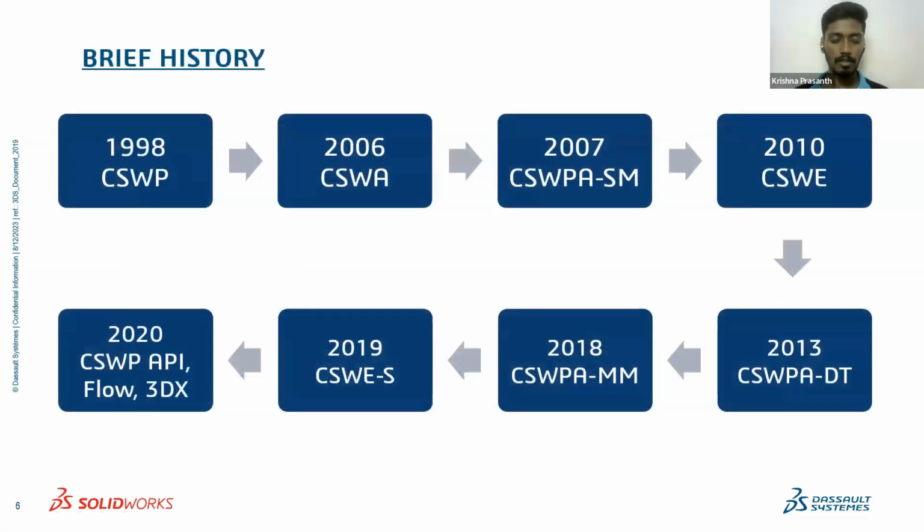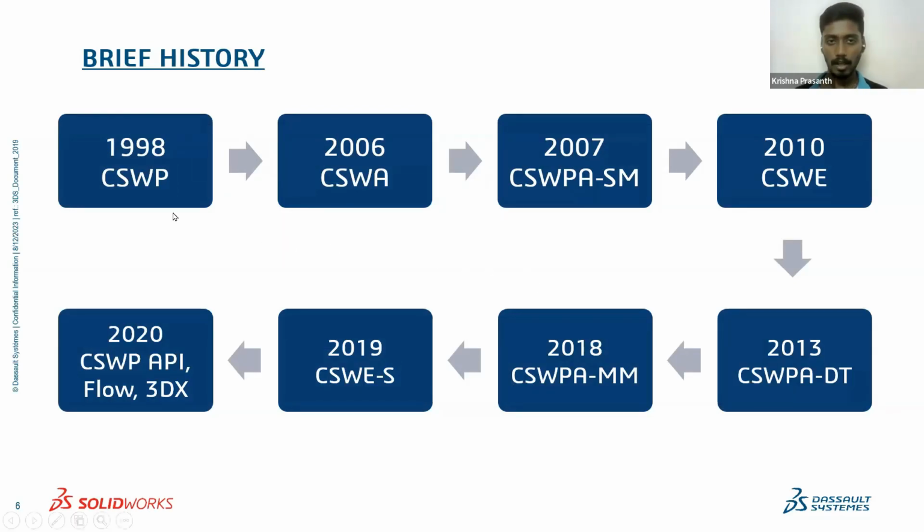This is the brief history of the evolution of SolidWorks certification. Starting in 1998, they created the CSWP mechanical design. This is the first certification SolidWorks provided. With more and more certifications being done by the users, they thought they could introduce a basic level, because when they introduced the CSWP, it was an 8-hour session and you needed to take the exam from the office, like the reseller's office or the sales office.